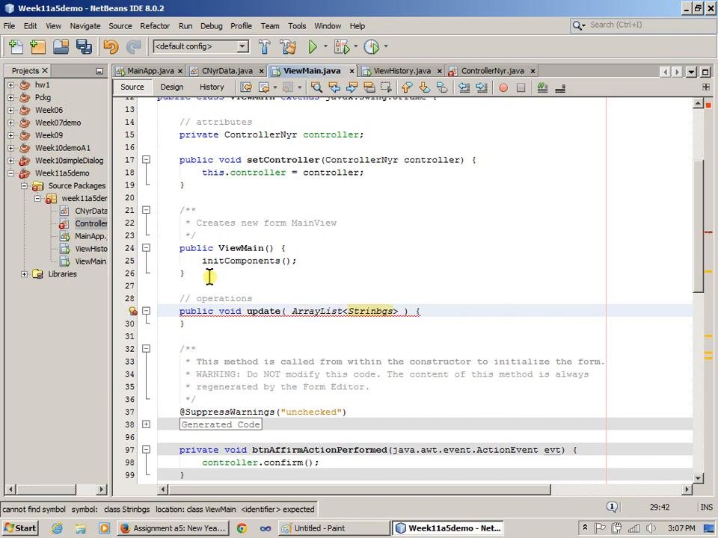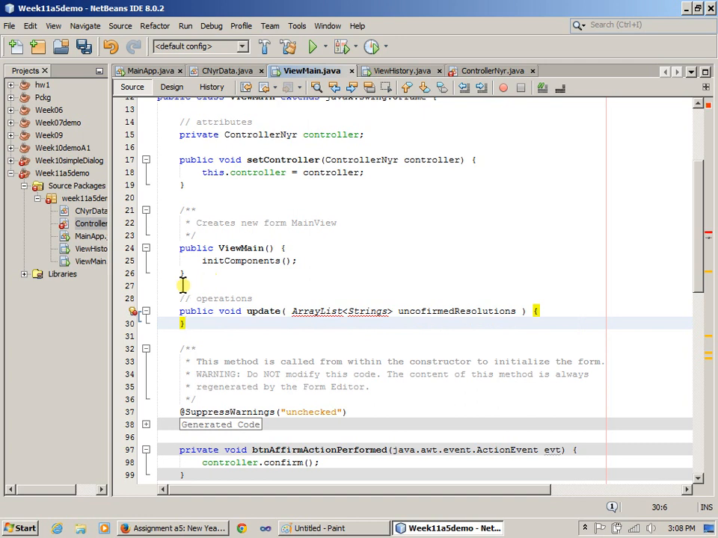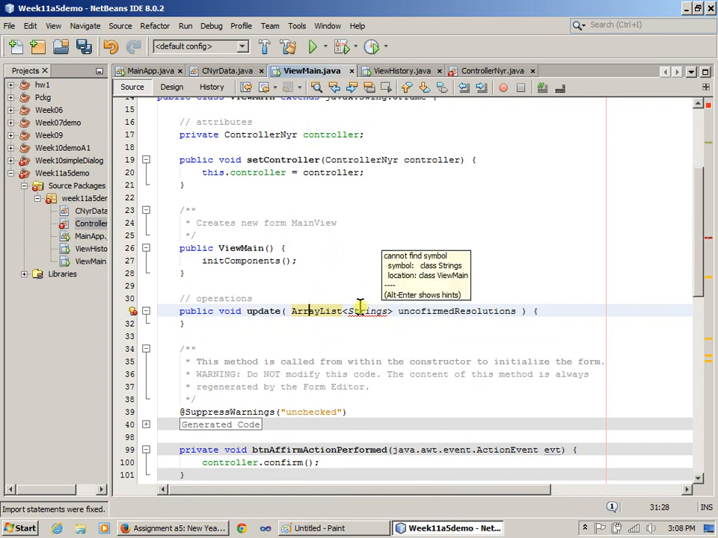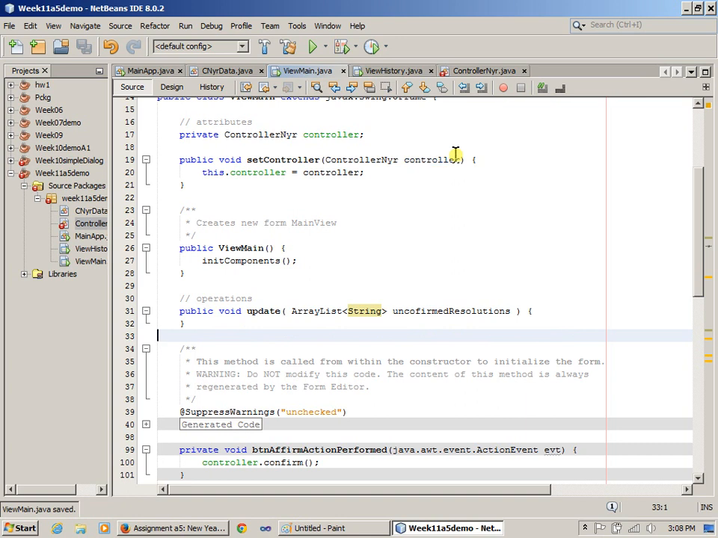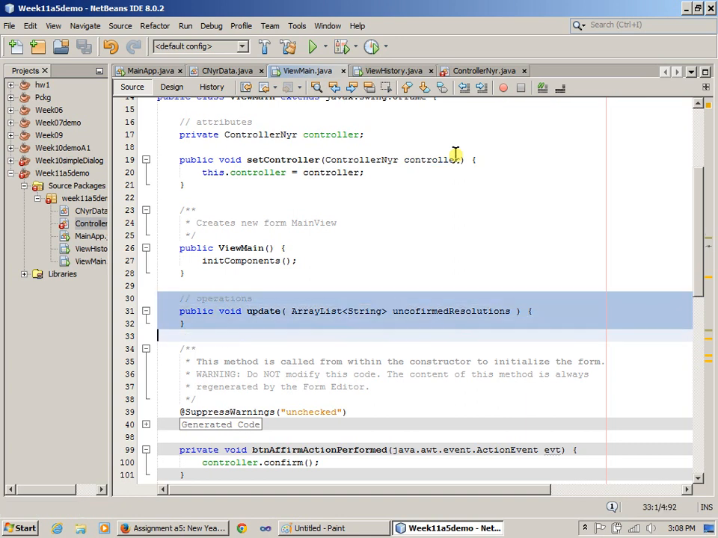and of course what becomes visible in main view is a list of unconfirmed resolutions. So the name for the parameter is going to be unconfirmed resolutions, right? And so we can iterate here. Of course, we need another import, right? Fix imports. So the imports are added. String instead of strings. So we have this update method, and we should have our update method in both of these